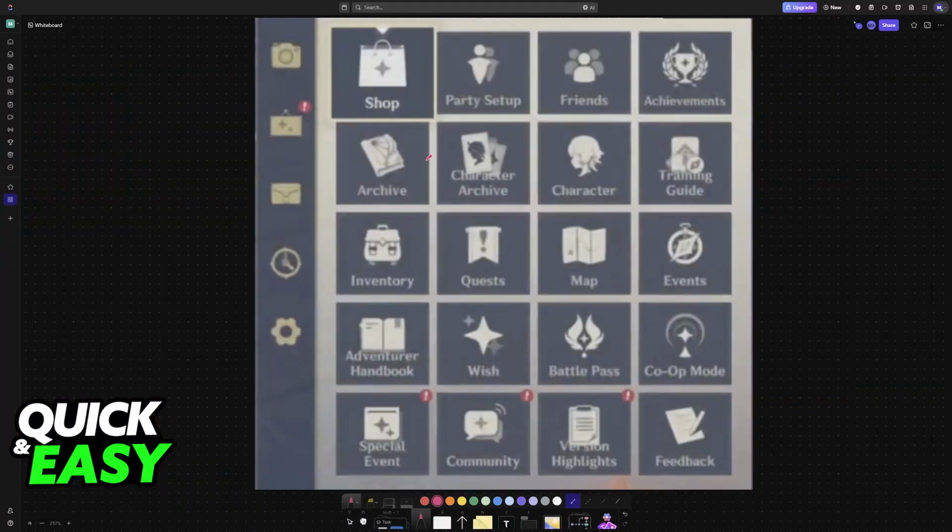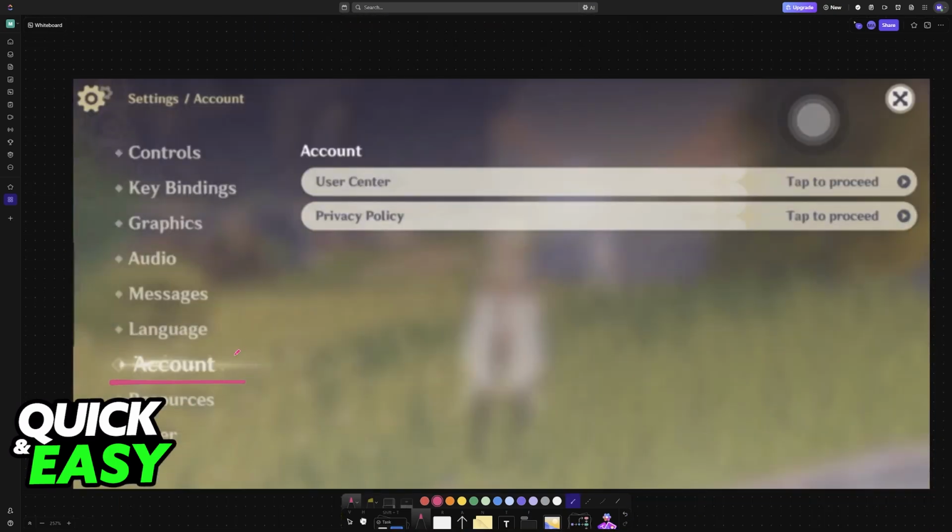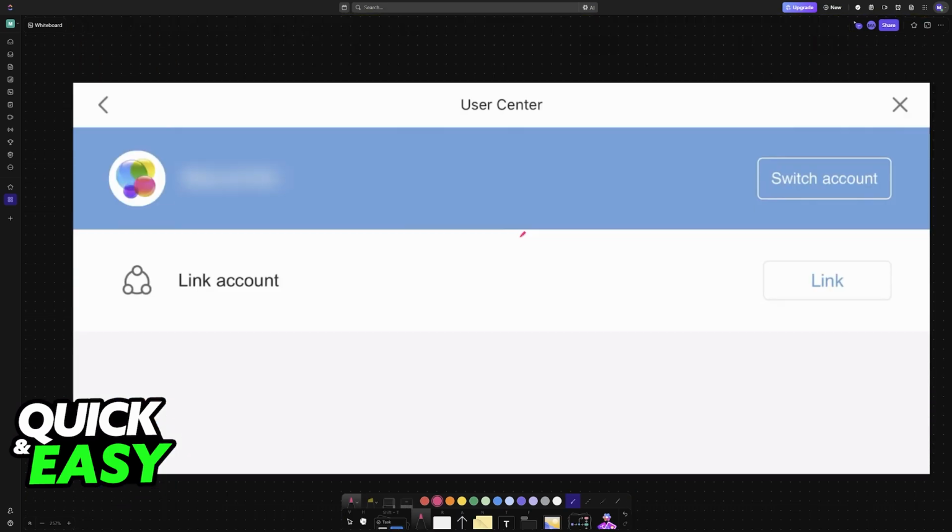This will have to be done inside of the game, so open Genshin Impact on your iOS device and access these settings inside when you choose to play. So on the Paimon phone, go into the settings and you will find the account category, choose account and then user center. This is where you will be able to manage all of the connections that have been established with your HoYoverse account. So assuming that you are using an Apple ID or the Game Center account, it is going